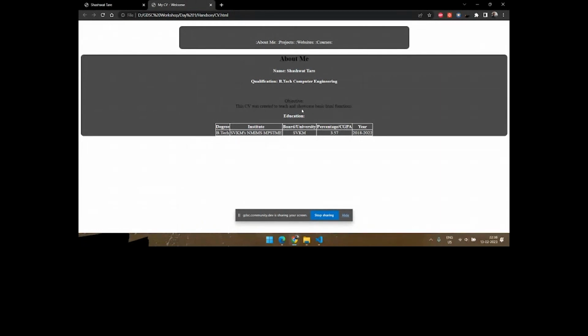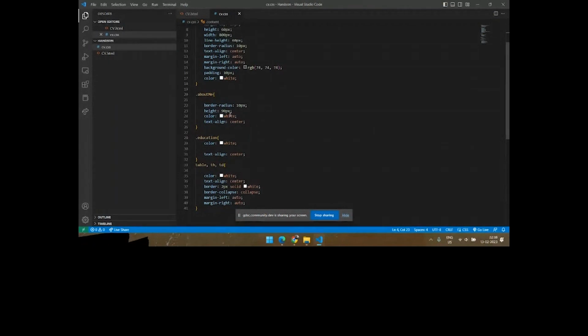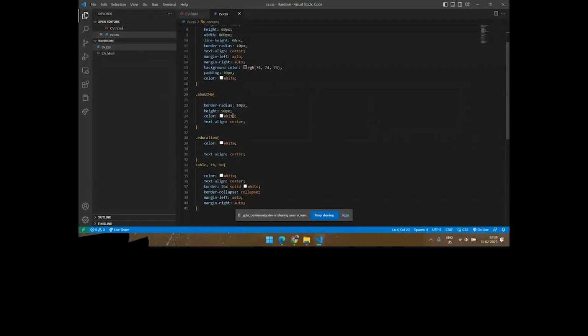तो बोल दे पूरे ही सेक्शन का टेक्स्ट अलाइन कर दे सेंटर, सब सेंटर में आ गया अपना बढ़िया सा, दिक्कत भी नहीं हुई कुछ। और क्या है अबाउट मी में, हाइट की अब हमें ज़रूरत नहीं है, टेक्स्ट अलाइन हमने यूज़ कर लिया, बॉर्डर रेडियस भी यूज़ कर लिया। तो अब अगर हमें चाहिए अबाउट मी को हटा सकते हैं, लेकिन हम हटाते नहीं हैं, हम इसको कमेंट कर देंगे ताकि सेफ साइड रहे कि अगर कहीं अबाउट मी हटाने से कुछ फट गया तो। अभी सीएसएस का कमेंट सिंपल है,